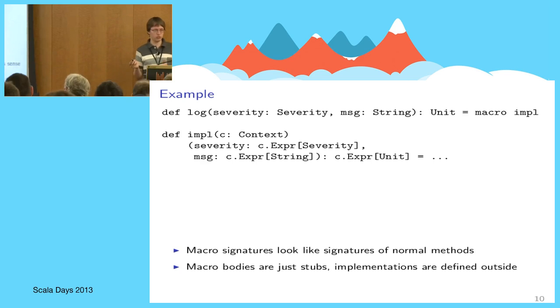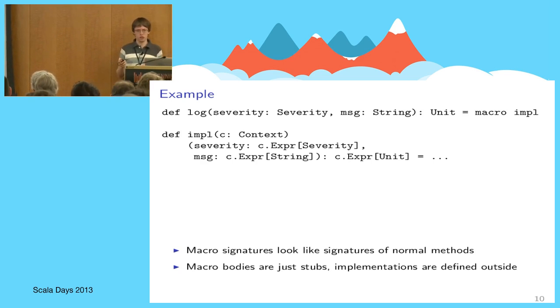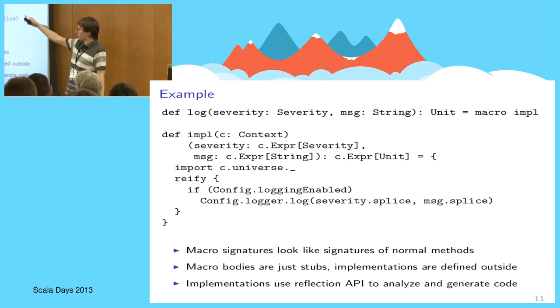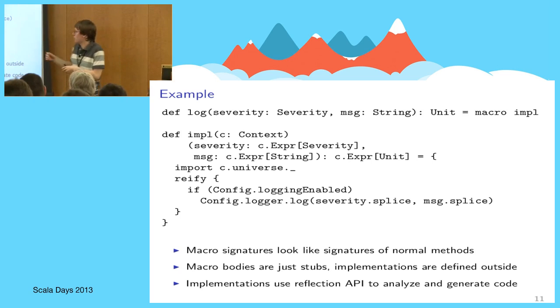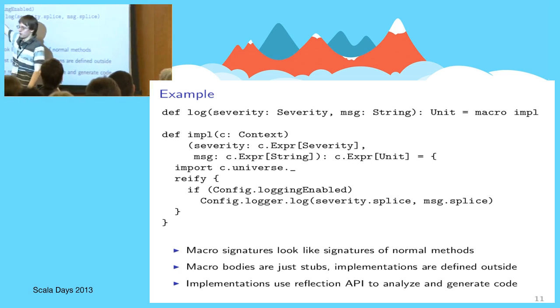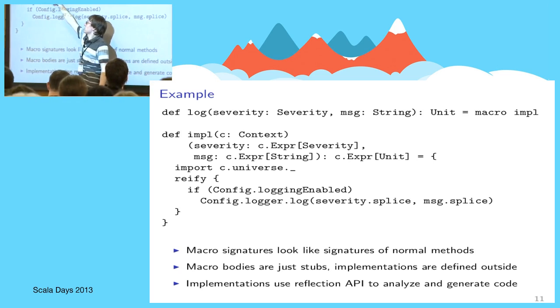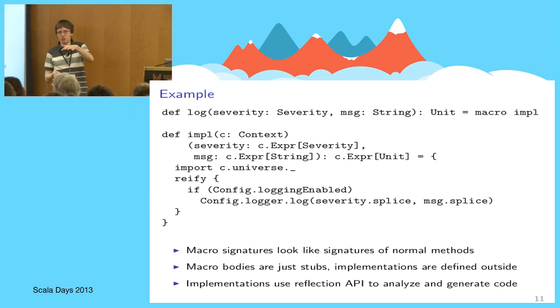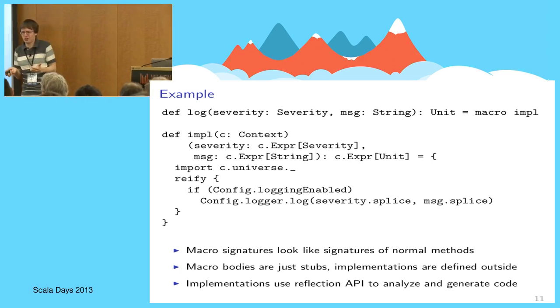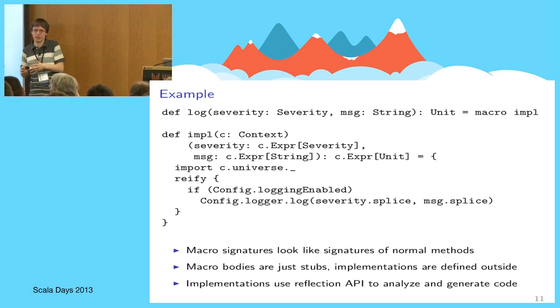If you go all the way to the beginning, when you write def impl, you have to declare this context, and then you have to carry it around because the types of artifacts that macros operate with are path dependent. They're bound to this concrete context. When you want to modularize your macro, if it becomes too big for a single function, you find yourself in trouble because you have to carry this context around again and again, in every helper. There are some workarounds for doing that, but with macro bundles it becomes much simpler. A macro bundle just inherits from a trait that's called macro.